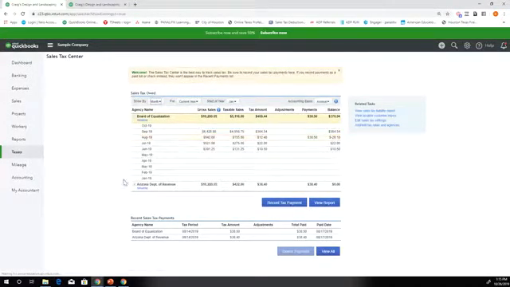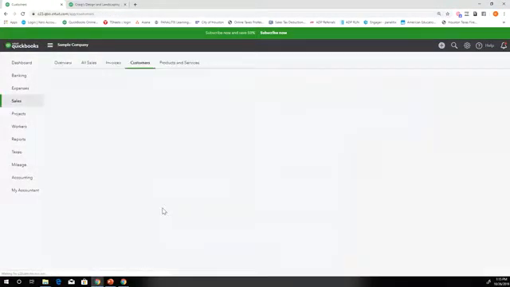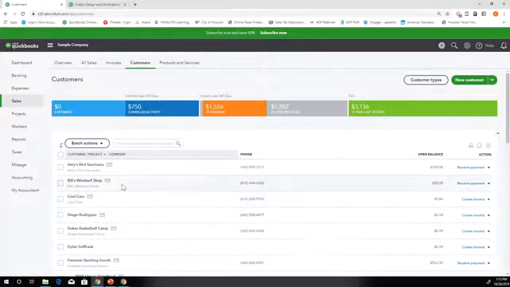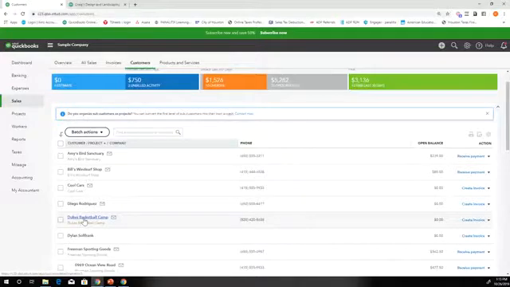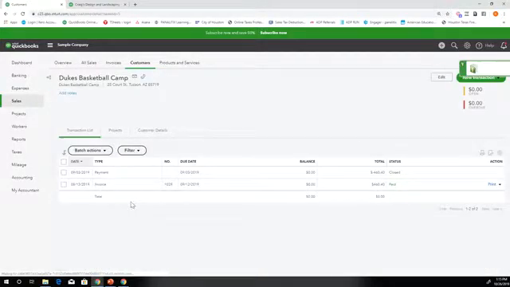Okay, and then let's pretend we're going to do an invoice. Or let's go to our customers. Say we have a nonprofit that works with us, this Duke's basketball camp. Say this is a nonprofit and we got their tax exemption form. What we can do is go here to edit,